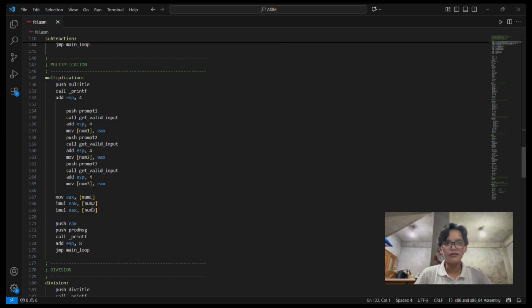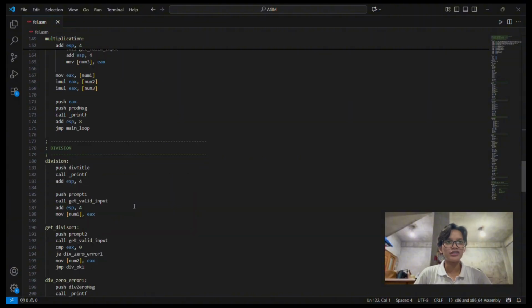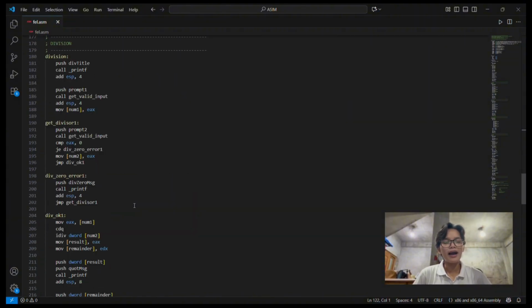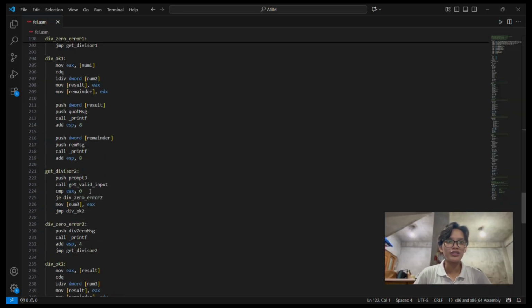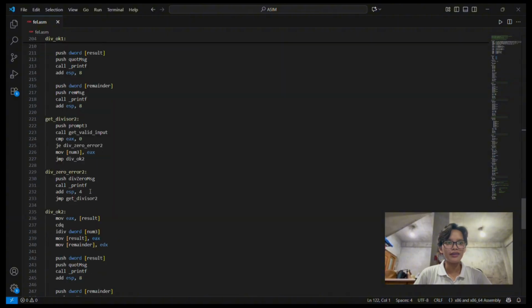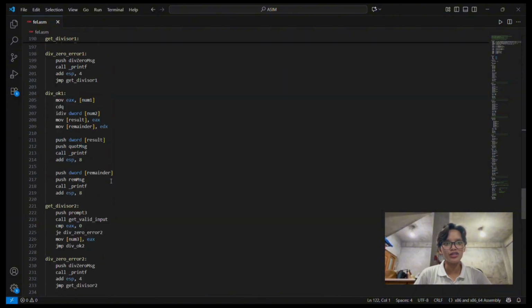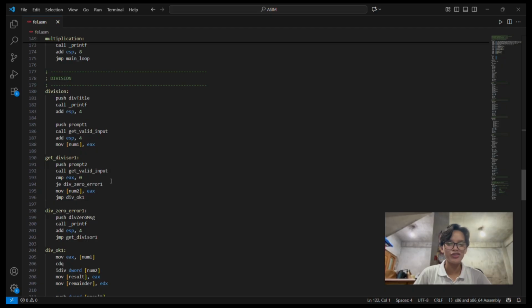Now, the division section is slightly more complex because it uses signed division with the IDIV instruction. Division is done twice, first between the first and second numbers, then again with the third. The program also displays both the quotient and the remainder for each operation.